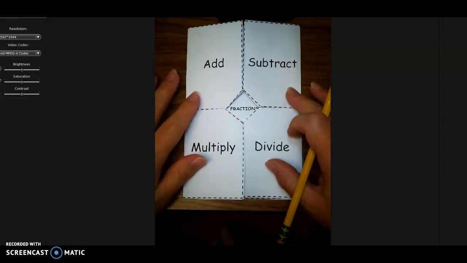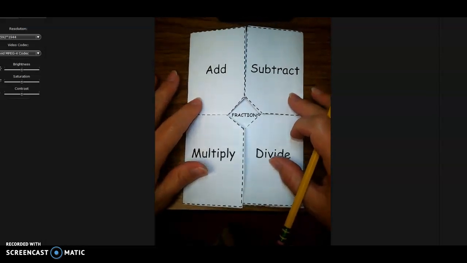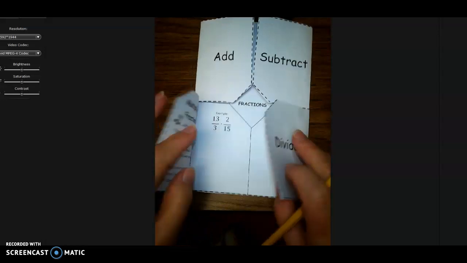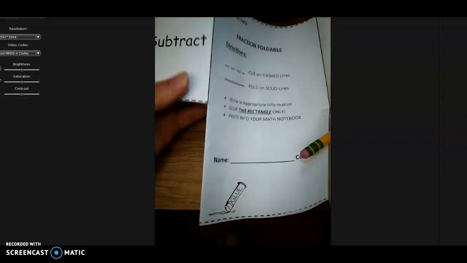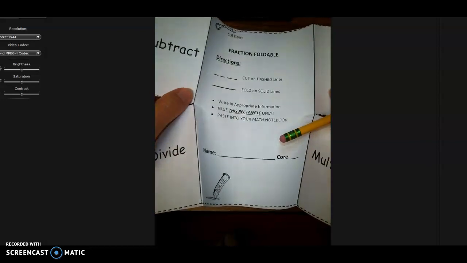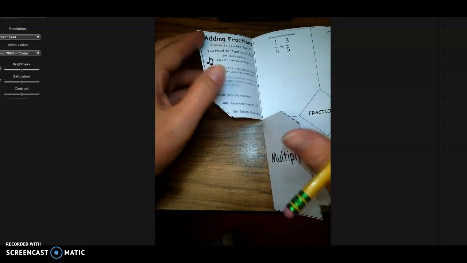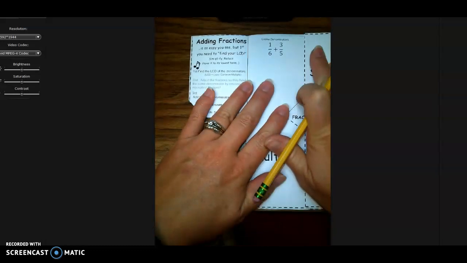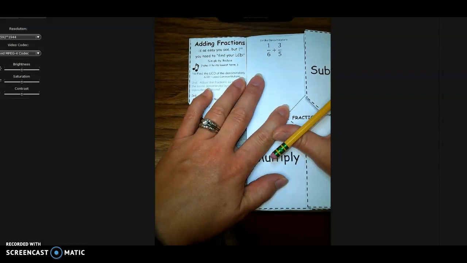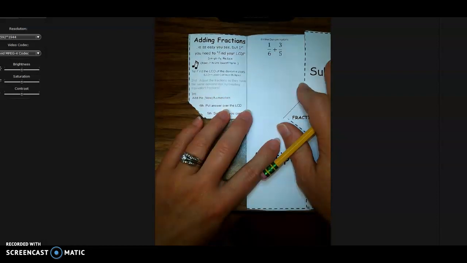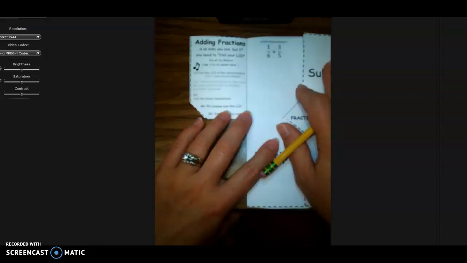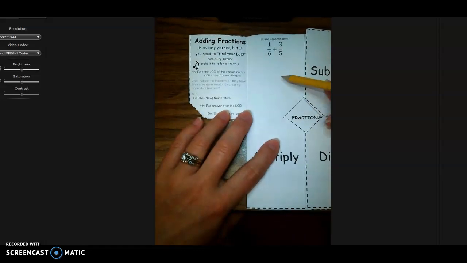One of the things that we're going to make is this foldable right here, and you'll get it and you'll cut along the dotted lines and then fold on the solid lines. And it's nice because you can take this easily home. It can go right into your notebook. We can even glue it in there if we want, and then that way you have it if you happen to forget your notes that are in your binder at school, or you don't want to take your whole binder